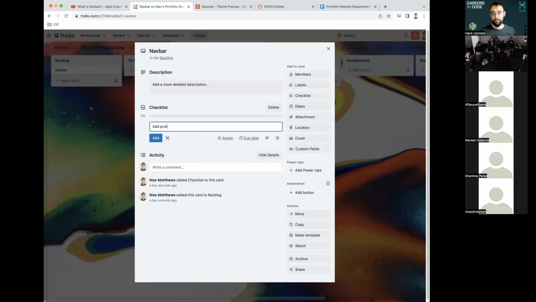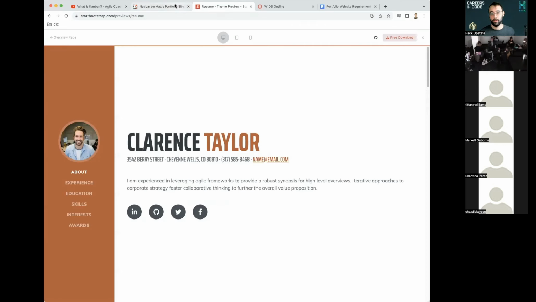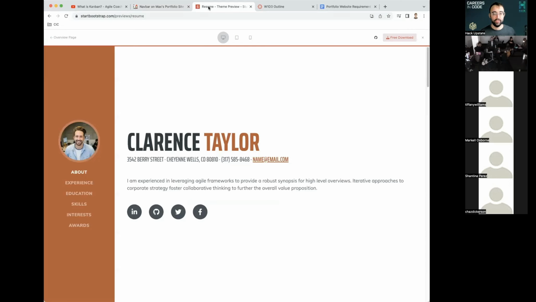Add profile image. I need to add links for about, experience, education. And if you're changing things from your example site and you want to work off of your wireframe